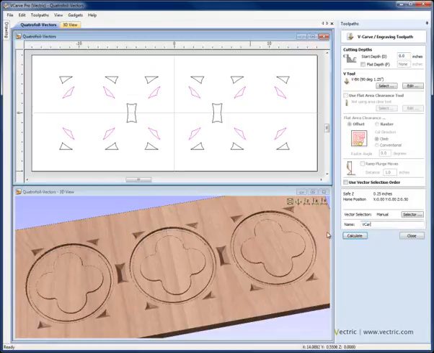time I'm going to call it Vcarve inner circle, and the start depth needs to be 0.125. If I couldn't remember the depth, I could move the cursor over this area in the preview, and you can see if we look in the bottom